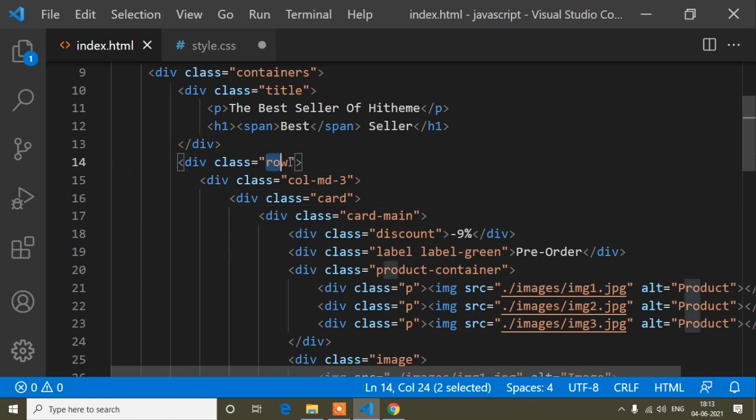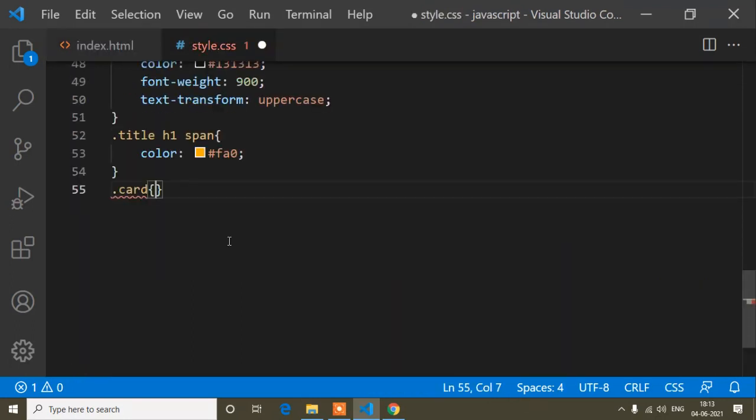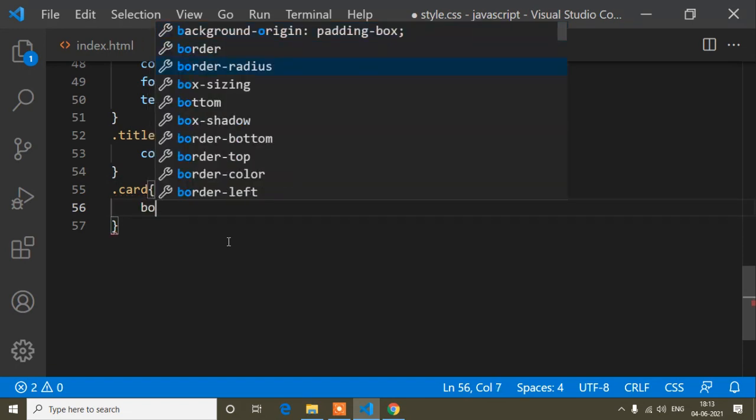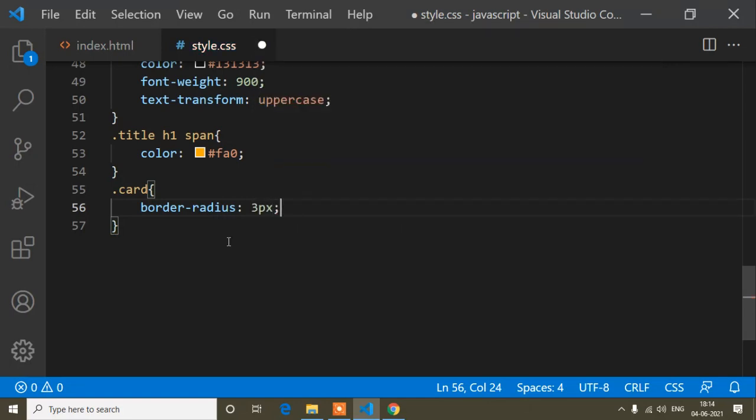And now outside this span tag, guys, here I will start to write the CSS. First of all, you can see bootstrap class row and column. These two classes come from bootstrap, so I don't need to change them. Just I will write the CSS from this card, so I will copy and paste it here. And here first of all I will write the CSS property border radius, and border radius is 3 pixel, because I just want to make the corner round. So if you want to make the corner of an element round, you can write border radius. And now here I will write transition.